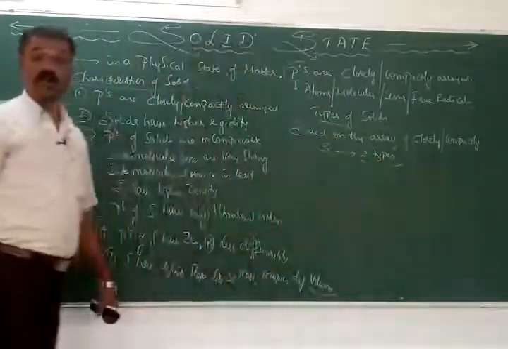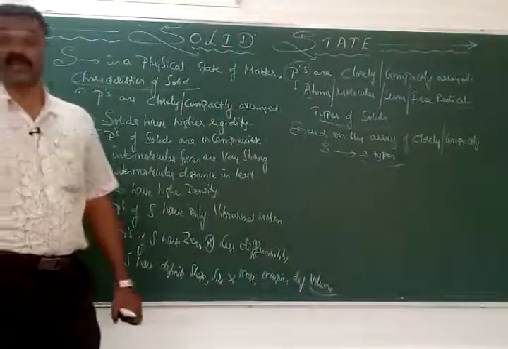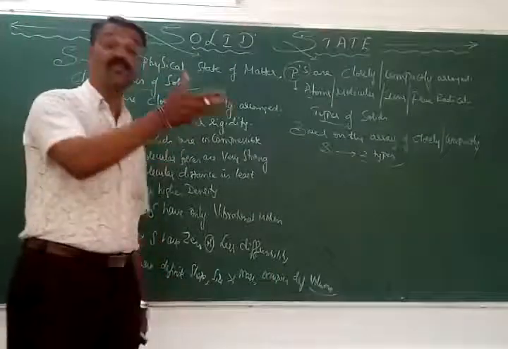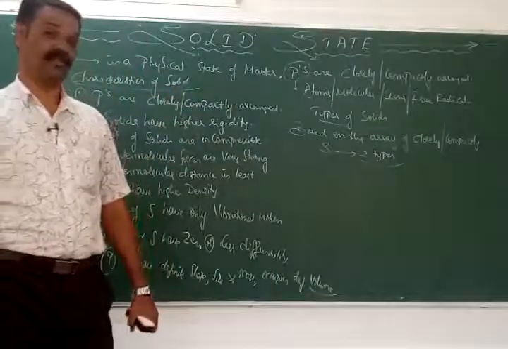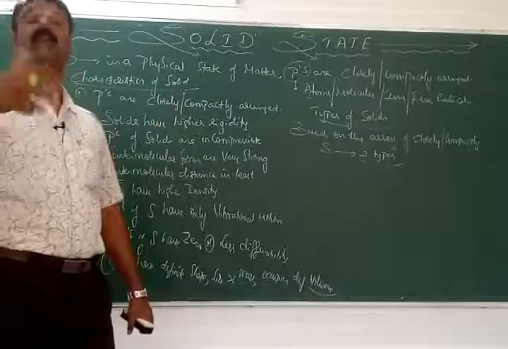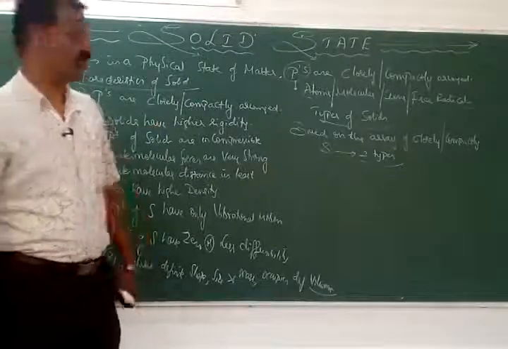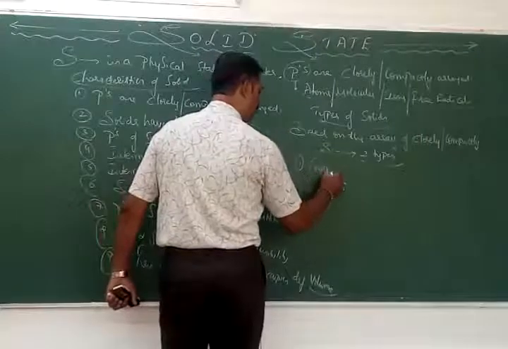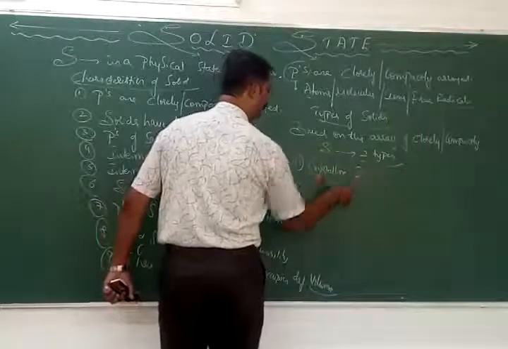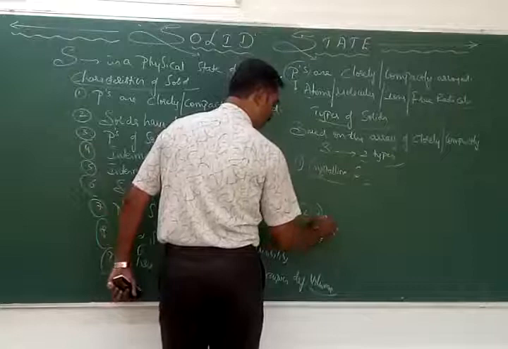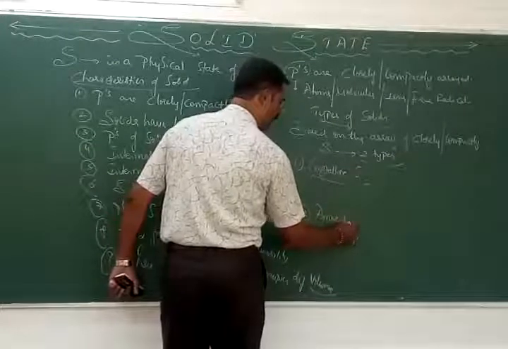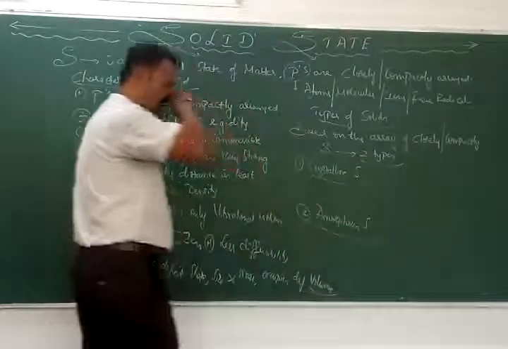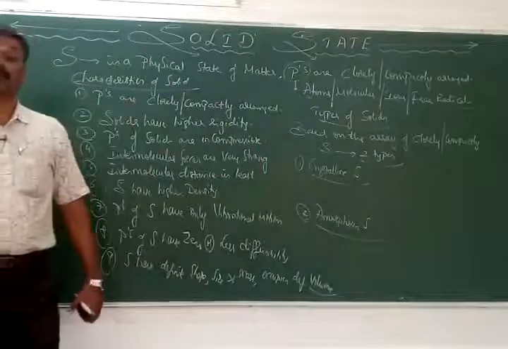No doubt they are having a close and a compact arrangement. That is considered to be the which one? Solids. Again, based on how they are arranged, even though it is closely and compactly, they are of two different natures. So one is crystalline solids. The second one is amorphous solids.